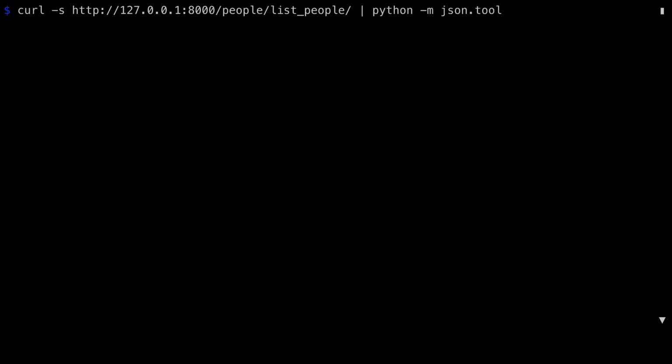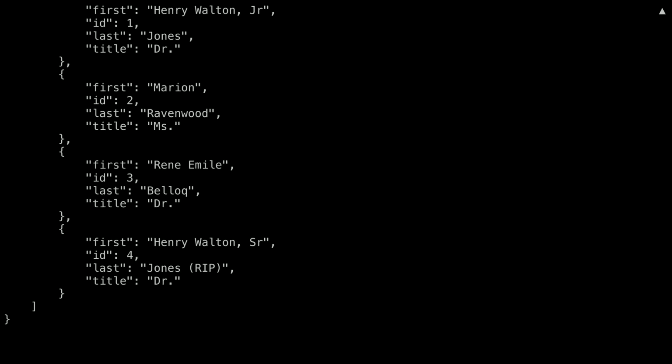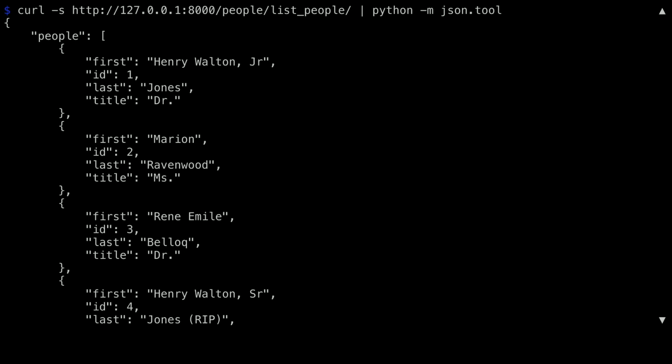Because that's a little hard to see, I'm going to do that again for you, but this time in a full window. Here's the curl command. I'm using -s so that I don't get the progress bar as I go along. I'm hitting the same URL, port 8000 on localhost, people list people, and then as I did in the previous lesson, I'm going to pipe this through Python using the JSON tools module to pretty print the result. Let me just scroll up here for you. What comes back is a dictionary with a single attribute of people and the 4 people that I created in the dictionary. That kind of feels like a lot, but most of what I did there was just typical Django